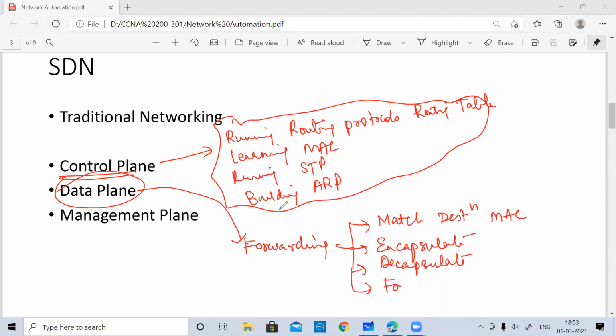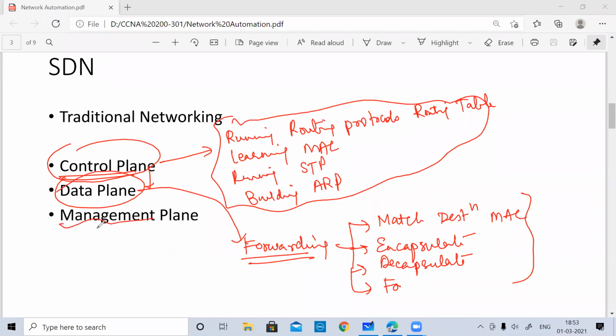Taking the path that is being pushed by the control plane. So the control plane is going to push the information into the data plane. It is going to tell the data plane that this is what I have learned, and now this will be required for you to take the routing path, or to take the MAC address from the ARP table. So the control plane is going to give you that information, and you are just going to do that particular thing and forward it. So in general we say forwarding, but that doesn't mean only forwarding. It means a lot of processes are involved in it.